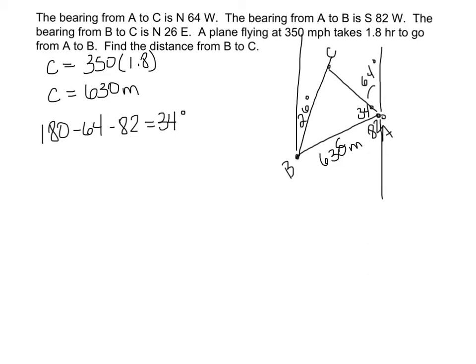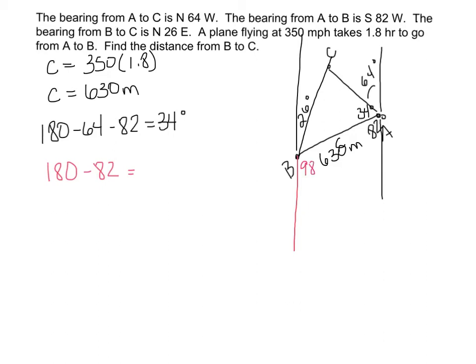In order to find angle B within the triangle, you need to remember back to your geometry about parallel lines. So imagine this is one line, they're parallel, and they are cut by a transversal. This angle at 82 degrees and this angle here are same side interior angles, which means that they are supplementary. So if I want to find this outside angle, all I have to do is take the supplement of 82 degrees, which gives me